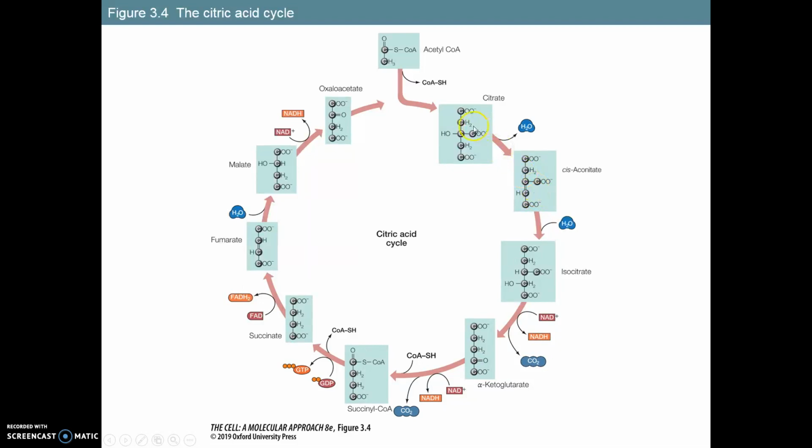And this is essentially accomplishing a slight structural rearrangement, okay? So here we used to have this alcohol group here. By introducing a double bond and kicking that group out, we can now put the water back on, but in a slightly different position, okay? That primes